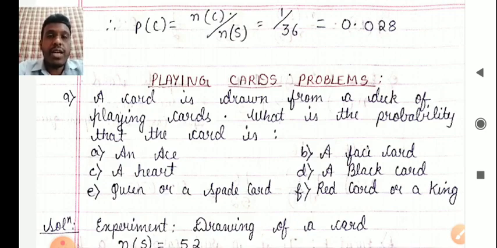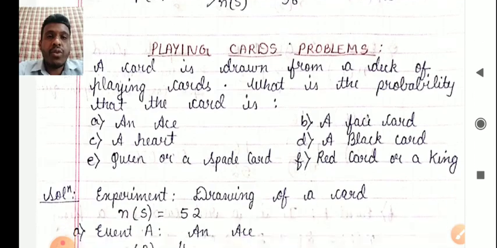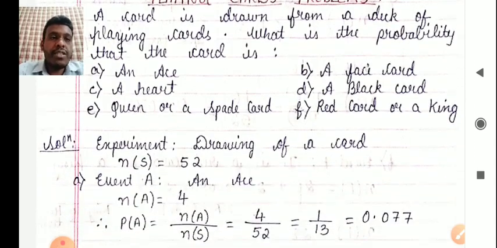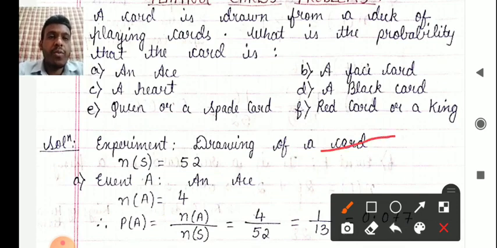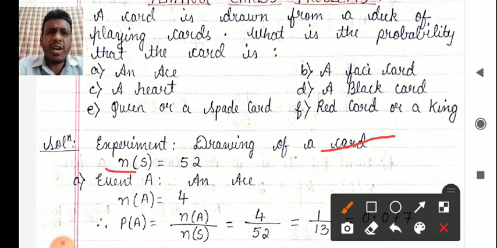Okay, so let us start solving this experiment. What is the experiment here? Experiment is drawing of a card. Okay, there's no problem with the experiment. Now don't write the sample space here for cards, because you have to write 52 items. It becomes very hectic. Okay, so n of S, we know 52 cards are there, only one we are gonna draw, so chances are that it can be any of these 52. So n of S is equal to 52.